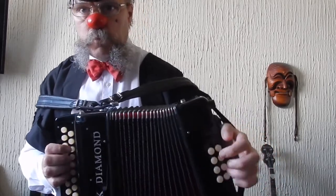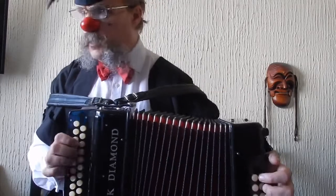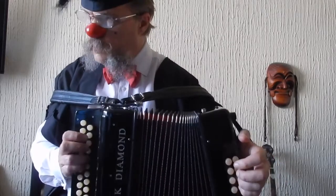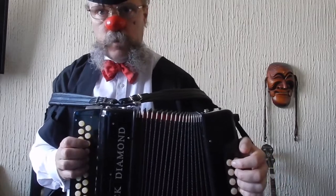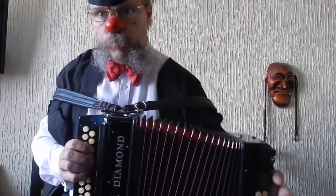So you notice that one of the notes on the left hand side doesn't correspond to what we're doing here. It sort of goes in the gap. There. And it gives that kind of funky thing going backwards and forwards. If you do it fast, like that, but